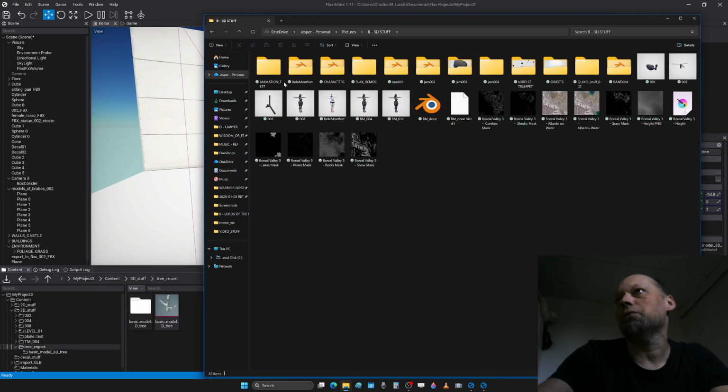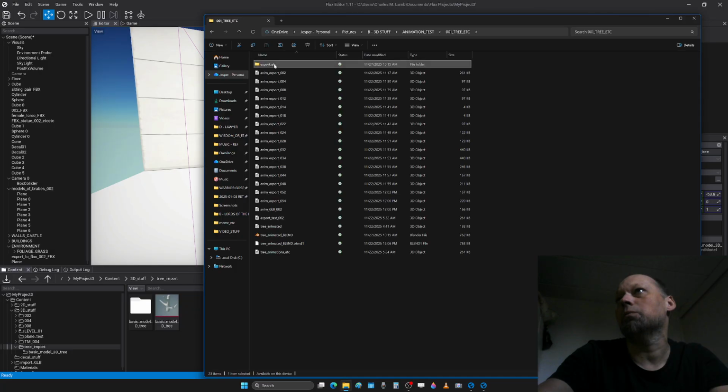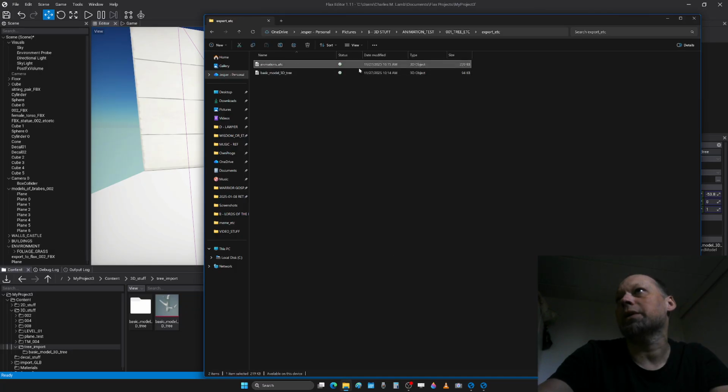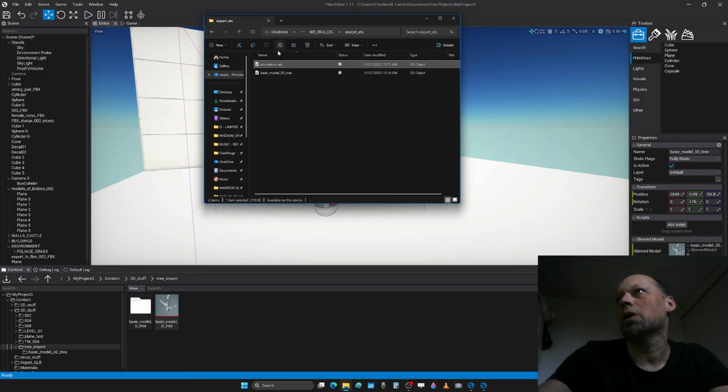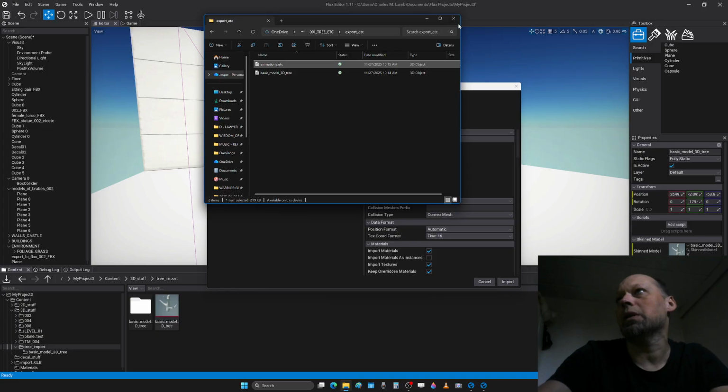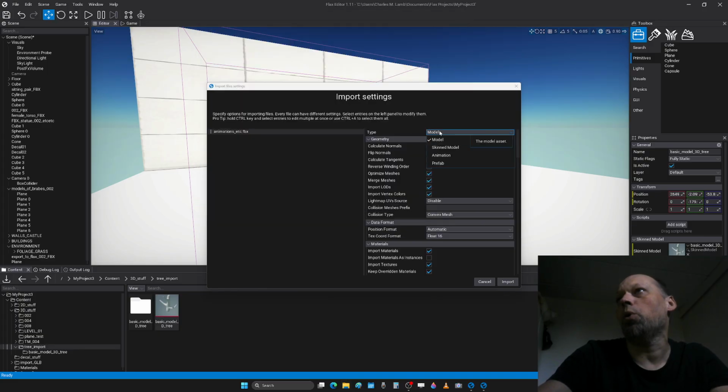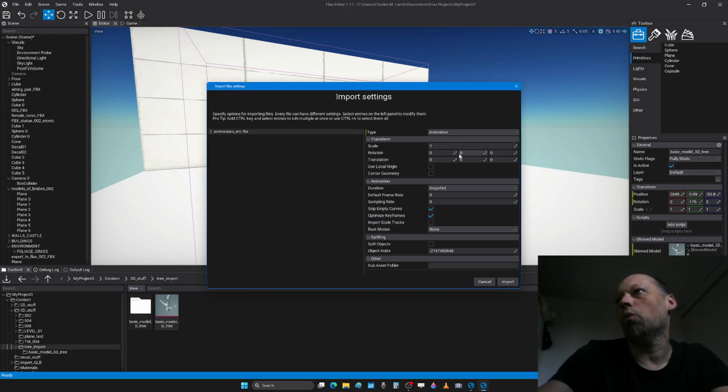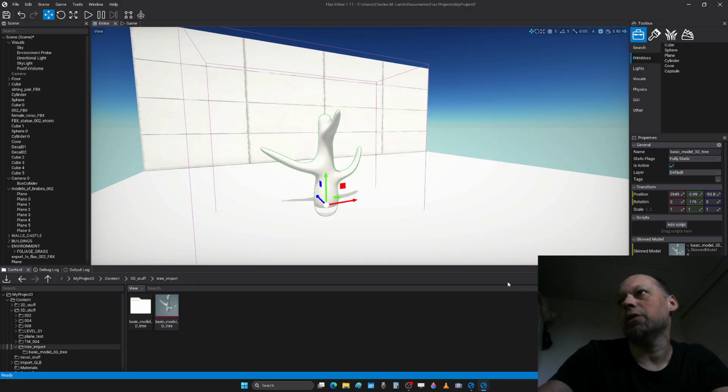So we go to 3D stuff, I saved it here, import, and now we click the animations. Let's see here, we take the animations and we move them in like this, and now we want to import these as animations. I don't know why specifically, but when you do that, you somehow get this, and now all the animations